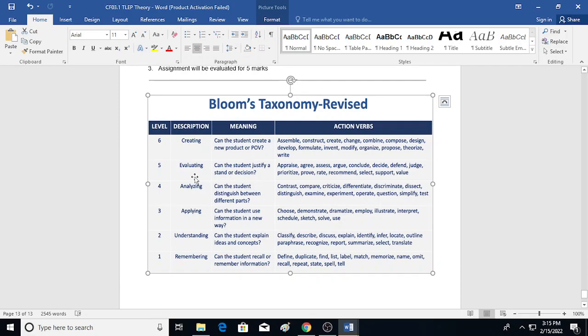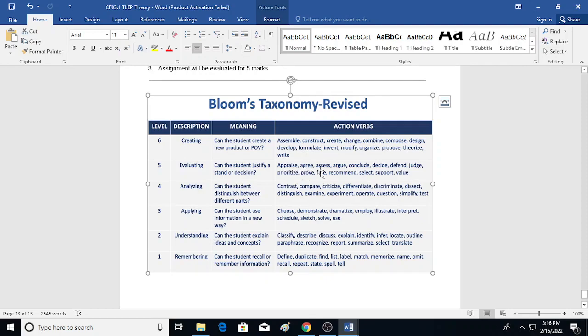Evaluation means justifying. A particular thing is given to you. Can you justify something from that? Evaluating student performance: among different students, we are evaluating you using different types of IA, different types of MCQs, and different types of assignments, right? So that's the evaluation among the different students, and you are grading the students in different ways. So in any particular subject, to justify the student's stand on a particular topic or concept, we use these action verbs in the questions.